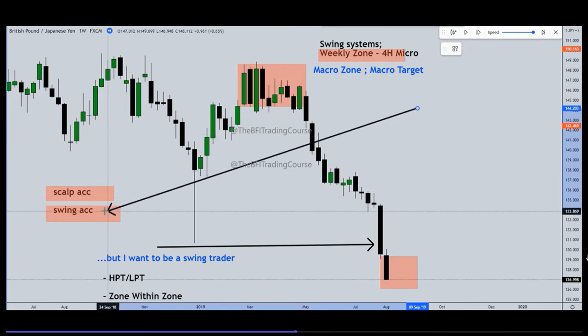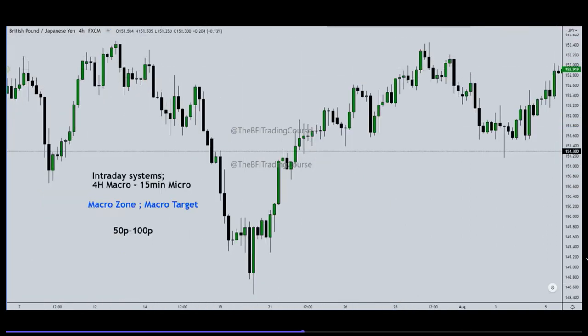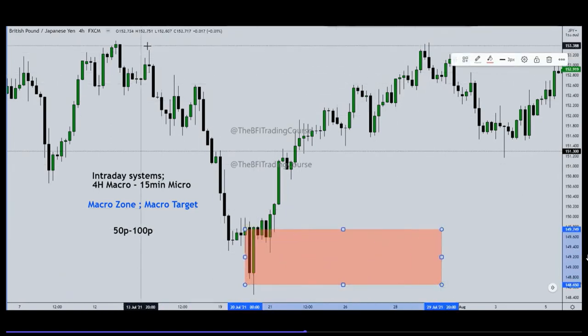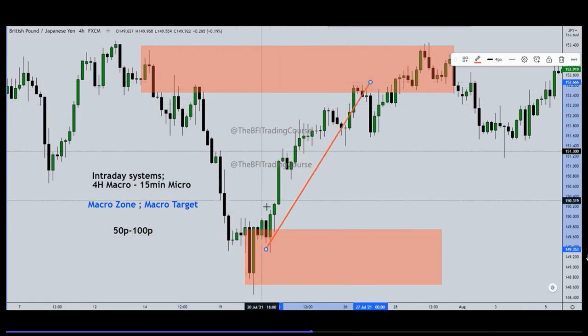I didn't say set and manage. Set and forget. Very few do it. But weekly zone, weekly targets, and that's just a swing trade. Here's a 4 hour zone to zone. Now, notice that 149 to 150, 151, this is way over this, but 4 hour zone, 4